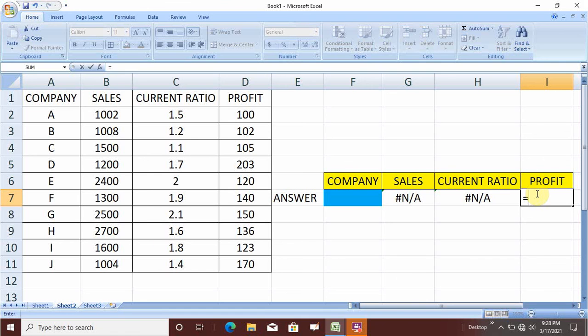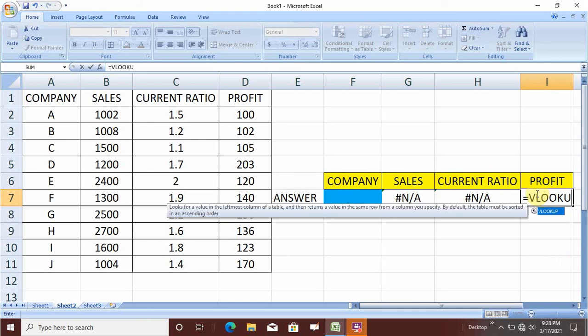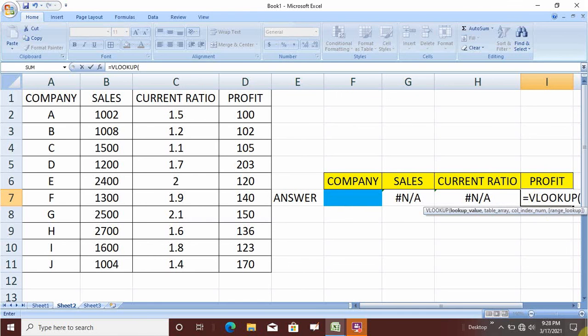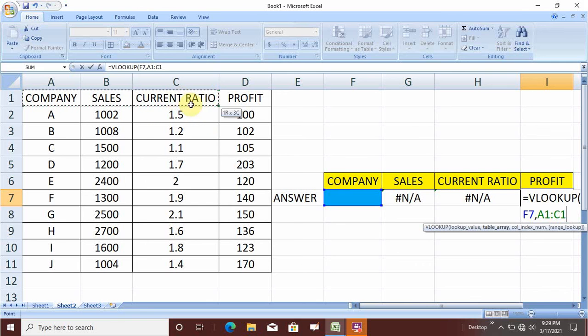Now we have to find out the profit. Again you start with the equal to sign, type VLOOKUP, start the small bracket, select this variable field, start with the comma, select this entire set of data with the left click of the mouse by dragging it downwards or towards yourself, and then again comma, and what is the position of profit?